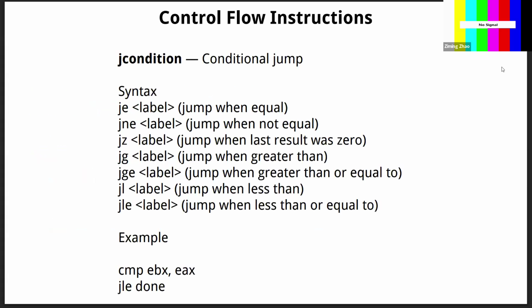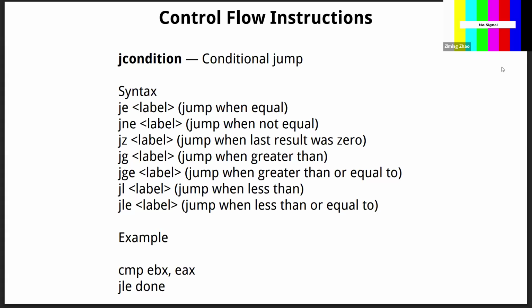So conditional jumps, they are actually easy to remember. They start with J, stand for jump, then there is a condition. JE, E stands for equal. Jump. JNE, jump when not equal. Okay, so JE is jump when equal, JNE is jump not equal, JZ is jump when the last result was